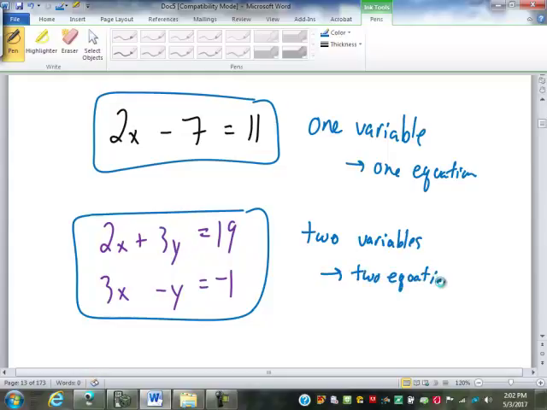And so today, as we move up into three variables, once again,